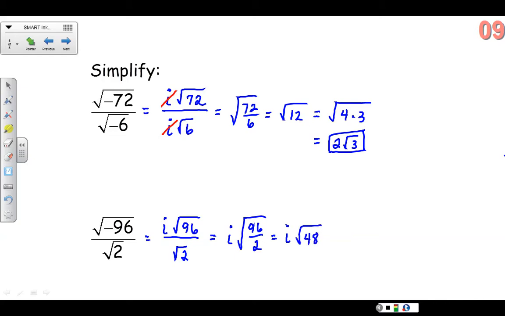So I have to think, how can I break up the square root of 48? So perfect square wise, 48 is divisible by 16. So 16 times 3 makes 48. So I can factor out the 16, bring it out as a 4, keep the i out front. The square root of 3 is still under the radical. All right, so hopefully this gives you an idea of what we're going to be dealing with when we talk about complex numbers. They have an imaginary part, and the imaginary part has the i involved. The i comes from the square root